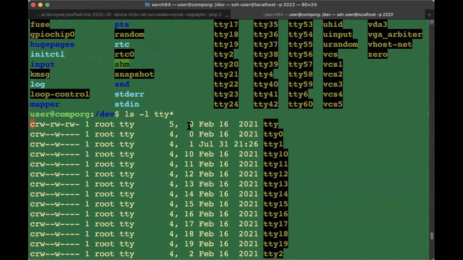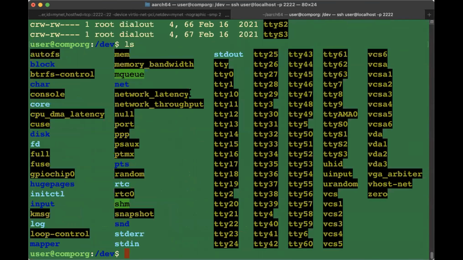So not a D, it's a C. It means that this is a character special file, which means that it corresponds to a device, and that access to the device is available one character at a time. As opposed to,